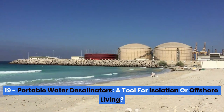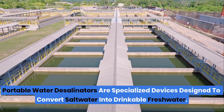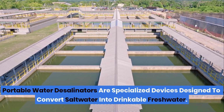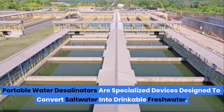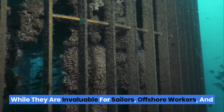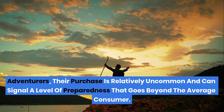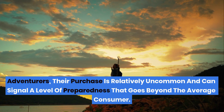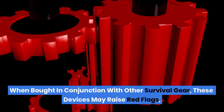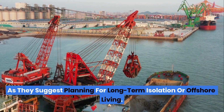19. Portable water desalinators, a tool for isolation or offshore living. Portable water desalinators are specialized devices designed to convert salt water into drinkable fresh water. While they are invaluable for sailors, offshore workers, and adventurers, their purchase is relatively uncommon and can signal a level of preparedness that goes beyond the average consumer. When bought in conjunction with other survival gear, these devices may raise red flags, as they suggest planning for long-term